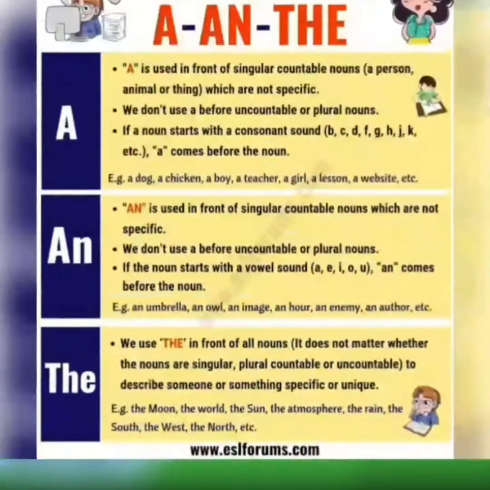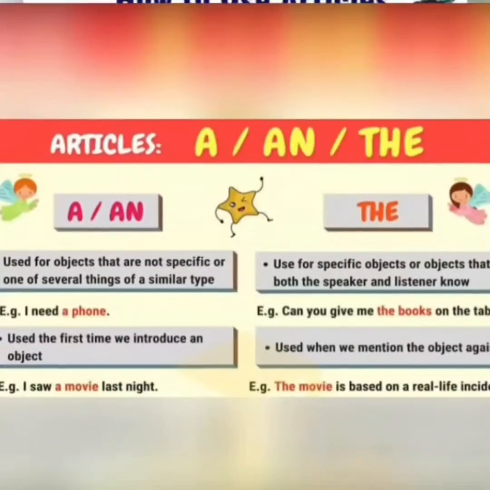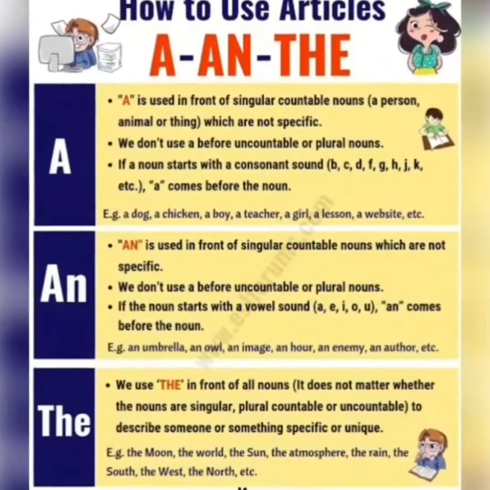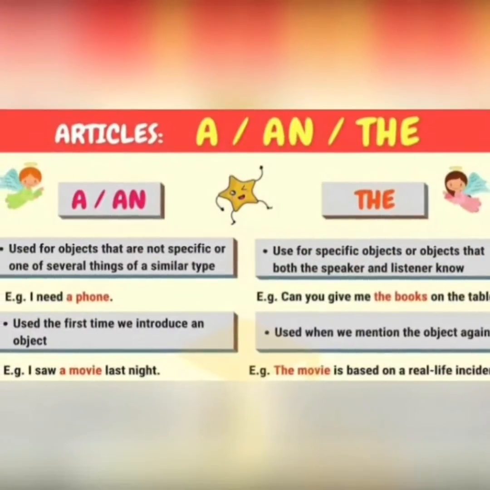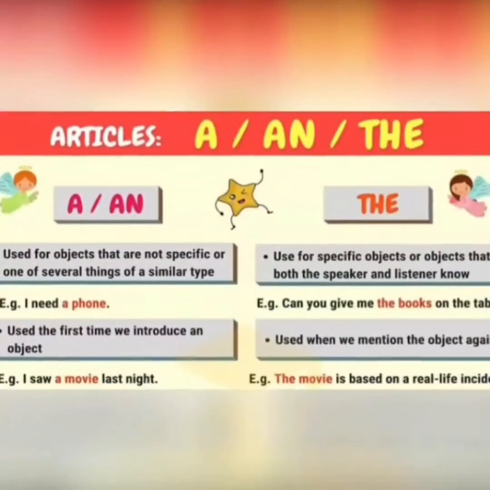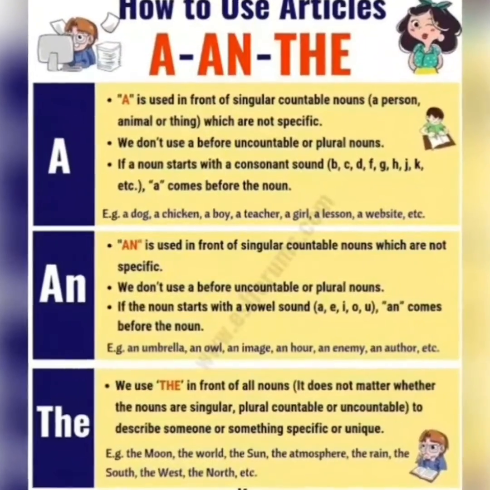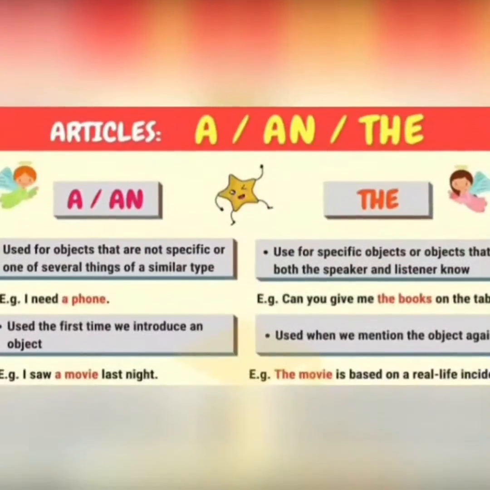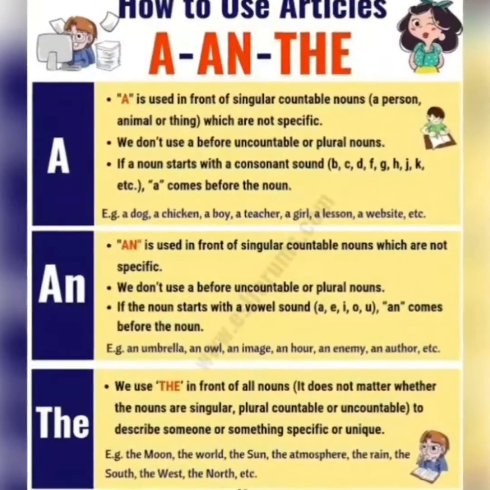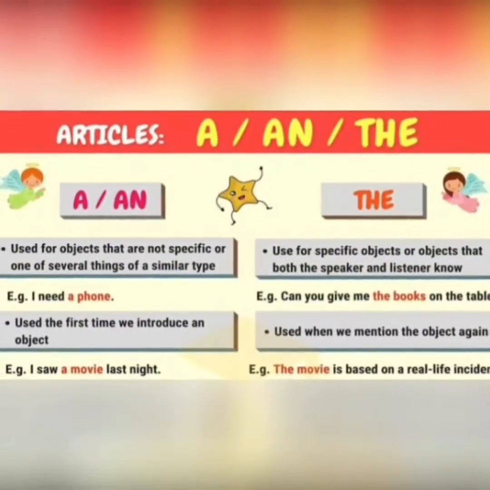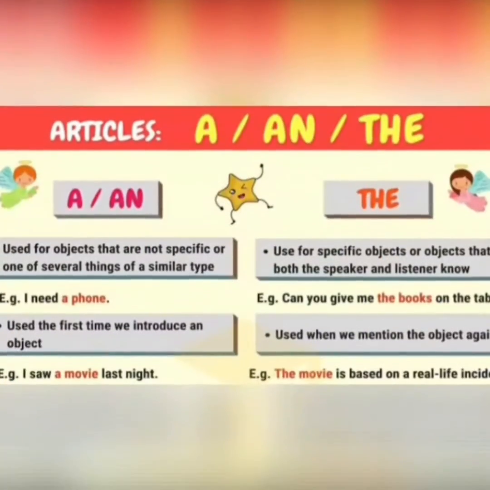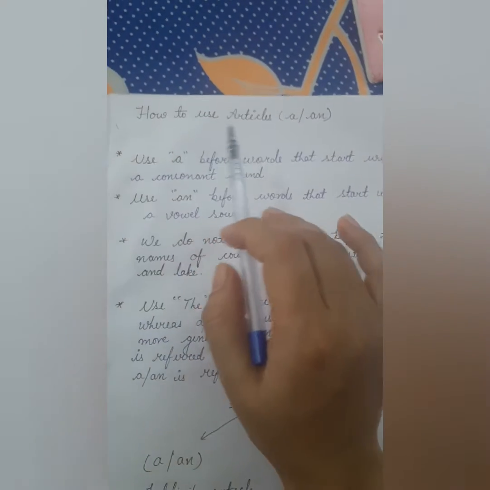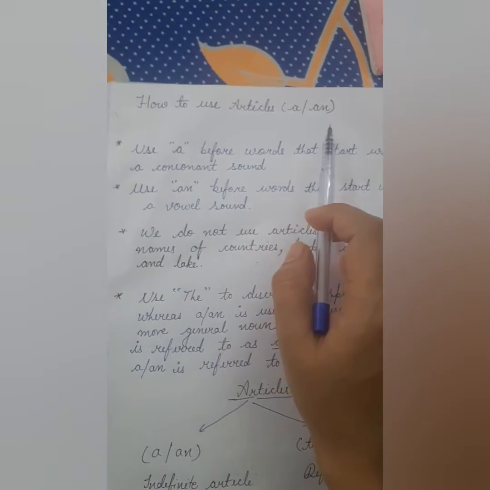In this video we'll learn articles a and an. So let's start. As you all know, the English alphabet has 26 letters, A to Z. Five of the letters are vowels and the remaining 21 letters are consonants. We can write each letter as a large capital letter or in small letter also. Okay. Now how to use articles a and an.